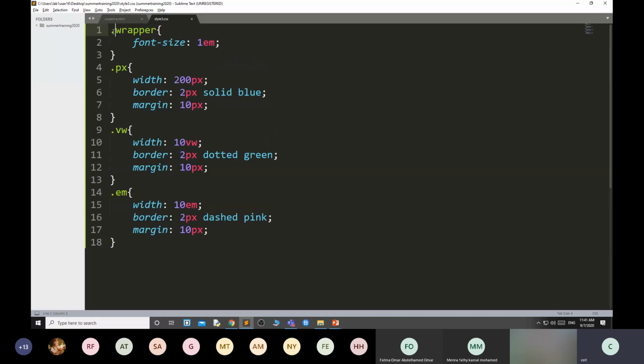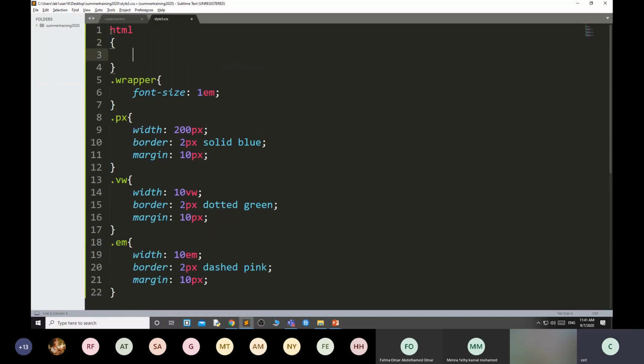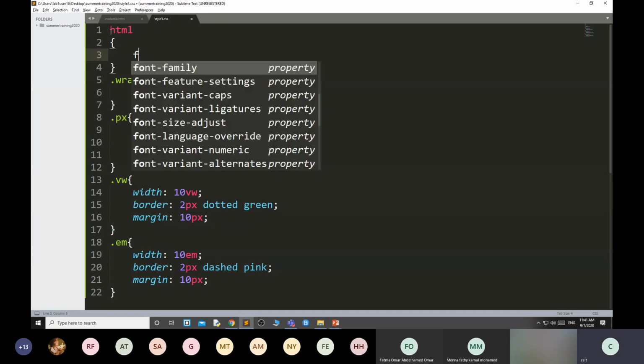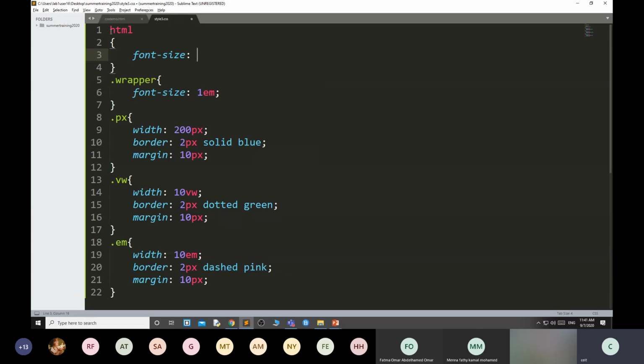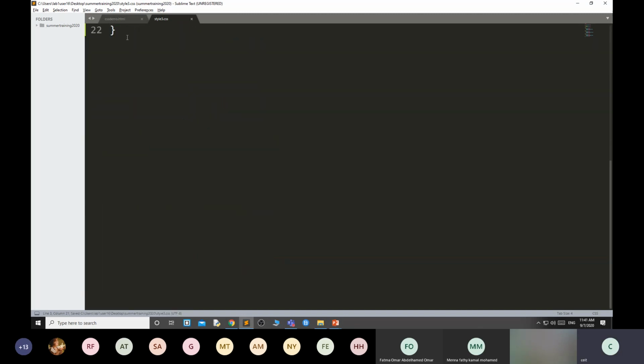First, here I define the root HTML, and here I write the font size 16 pixel or 1 EM. Don't worry about these styles because we have already completed them. Now here we will first write EMS LI.